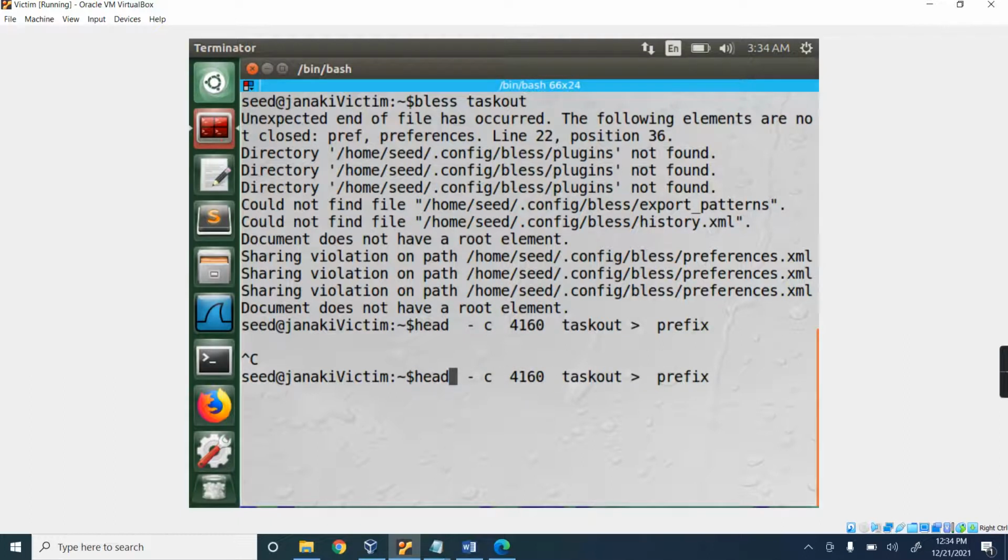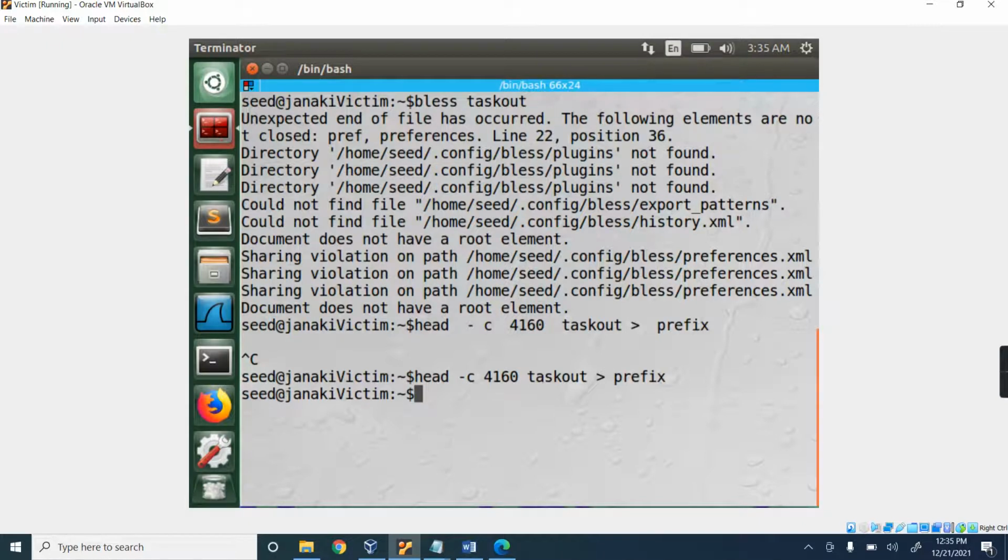So I think we need to reduce the space. -c 4160, one space is enough. Task out, prefix.